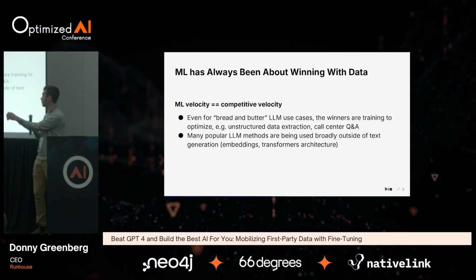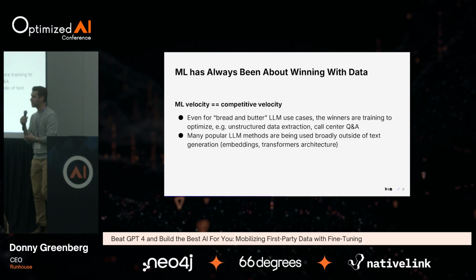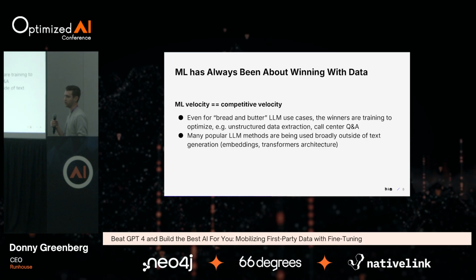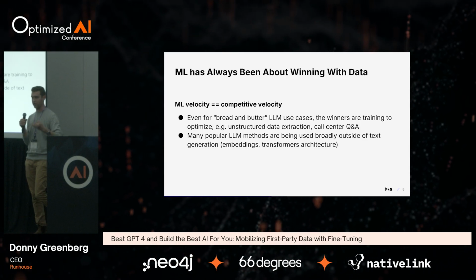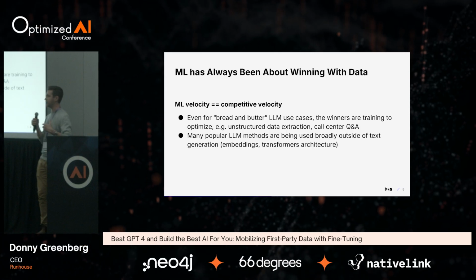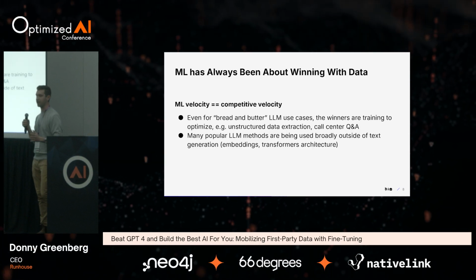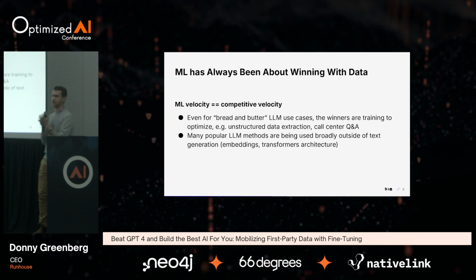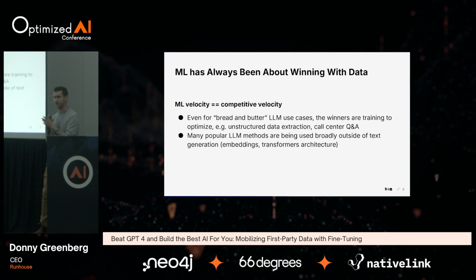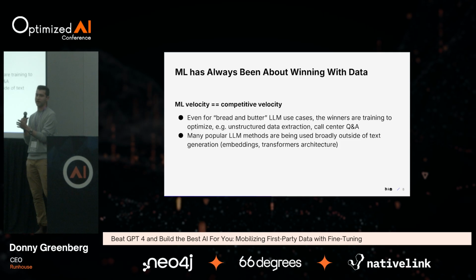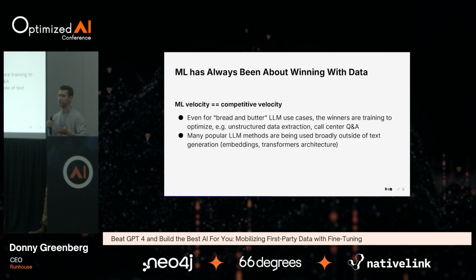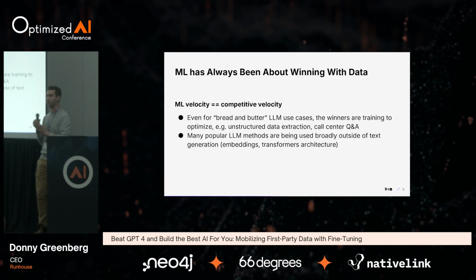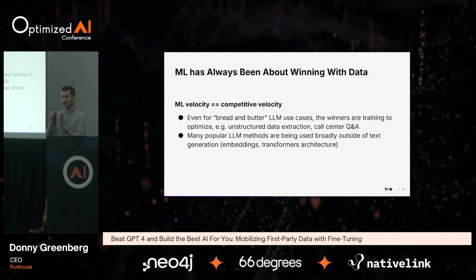I think in mid 2024, there were a lot of companies that were competing in spaces like unstructured data extraction or customer service automation that were using large models off the shelf. And then maybe 9 or so months later, we were seeing that many of those companies, to be competitive with one another, had to very aggressively tune their systems. Not necessarily just fine tune them, but every single aspect of that system, whether it was branching for different cases of user prompts or fine tuning for specific subcomponents in the model, and just having very aggressively hand-tuned